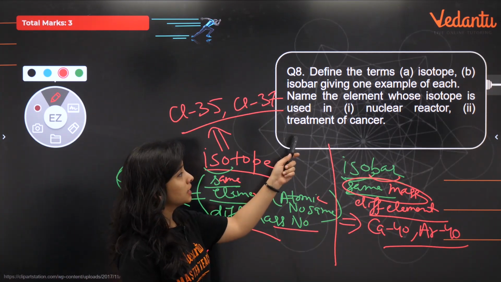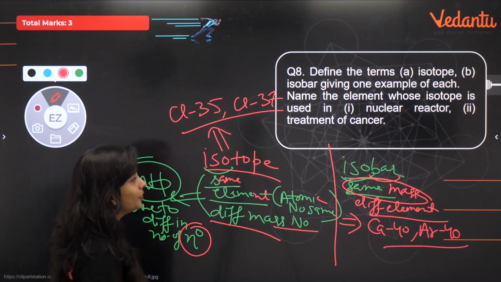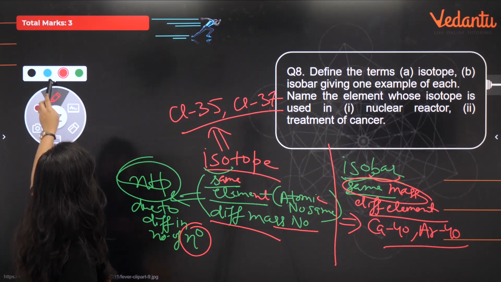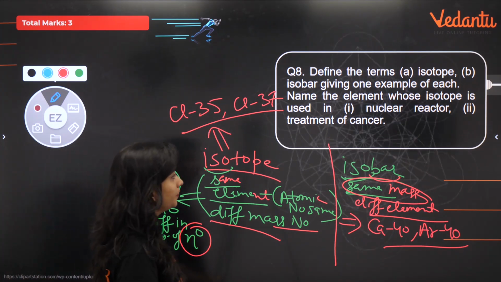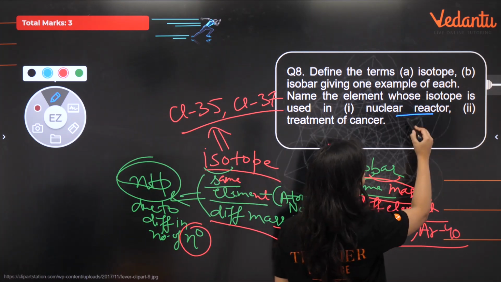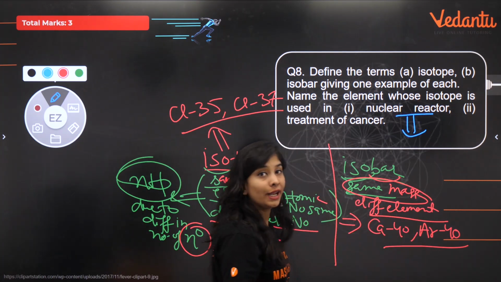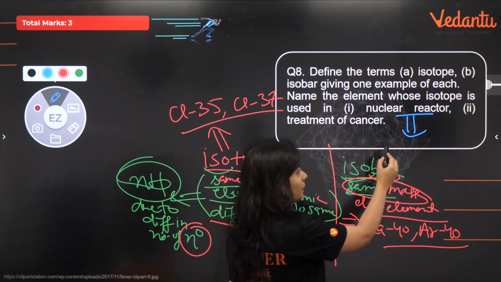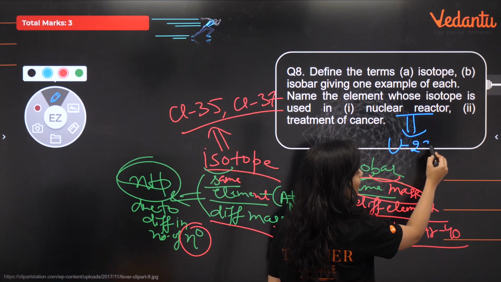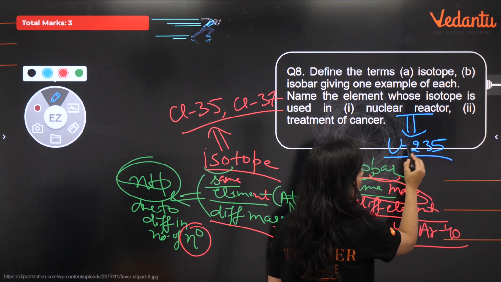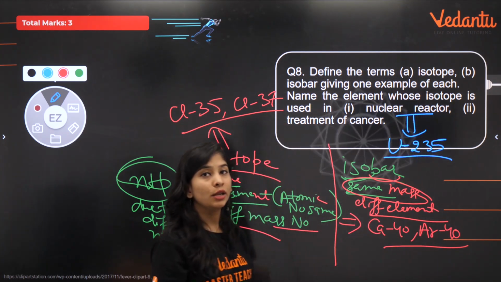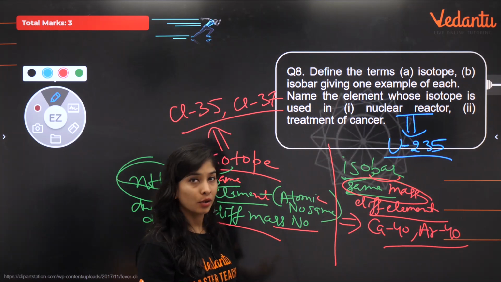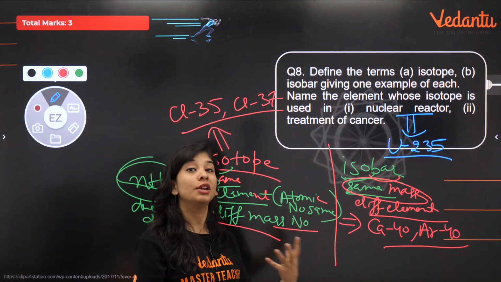Now the next part is the isotope that is used in nuclear reactor and in the treatment of cancer. So if I talk about nuclear reactor, uranium acts as a fuel in the nuclear reactor, and the isotope is having 235 as its mass. So uranium 235 is used in nuclear reactor as a fuel to run it, okay,